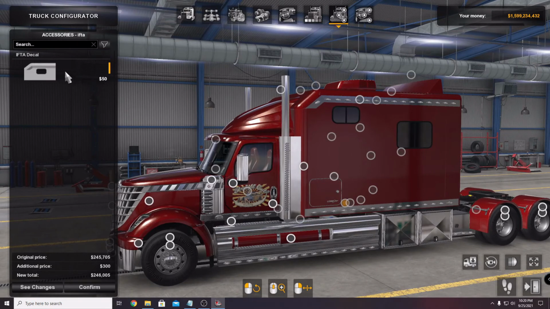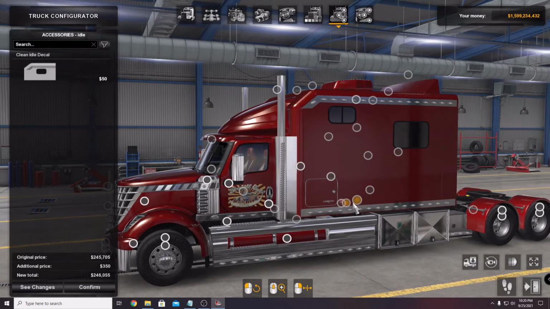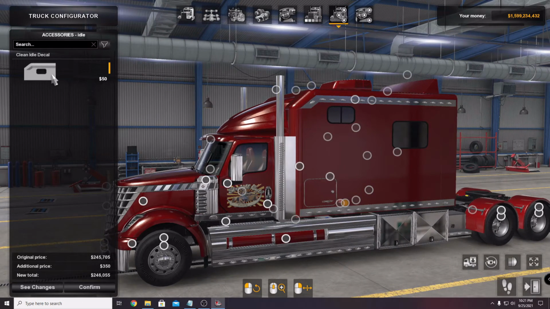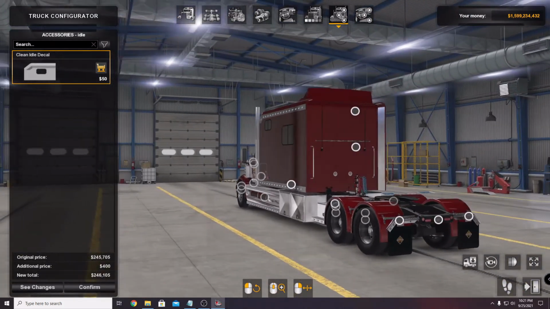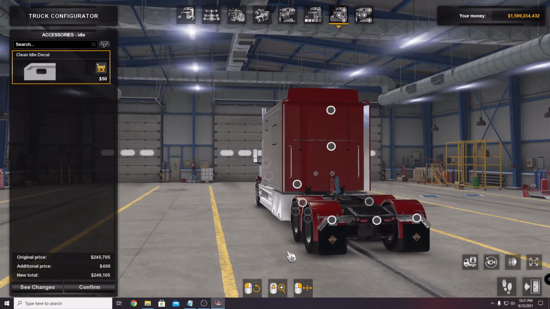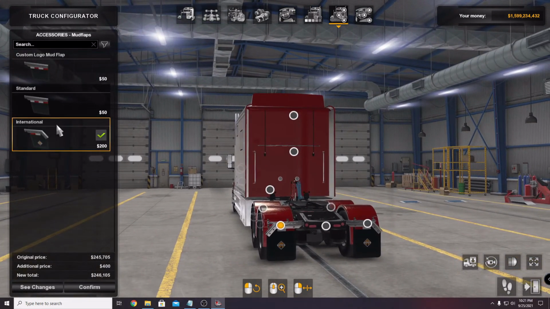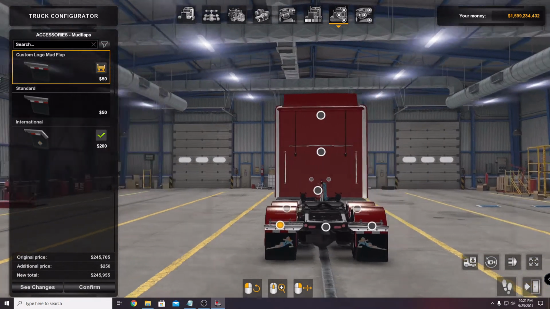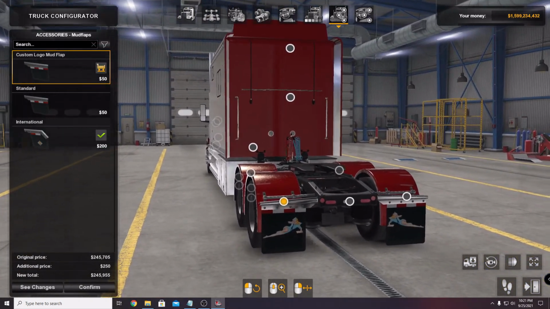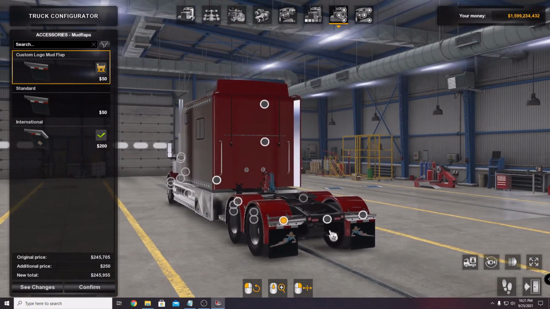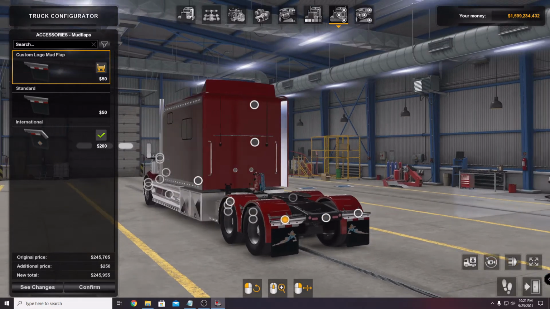You got your IFTA sticker, you got your clean idle sticker, and then you got your mud flaps where you can have your custom logo on there. And like I said, I've already messed with mine, so as you can see, they're a little different from what Mark offers. Anyway,